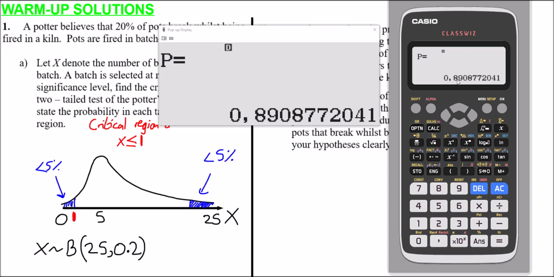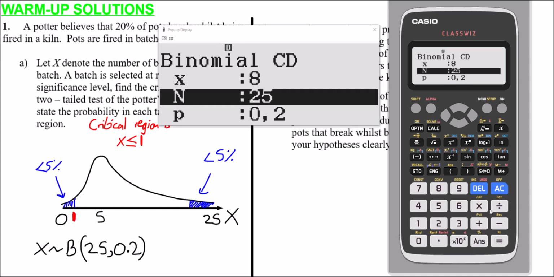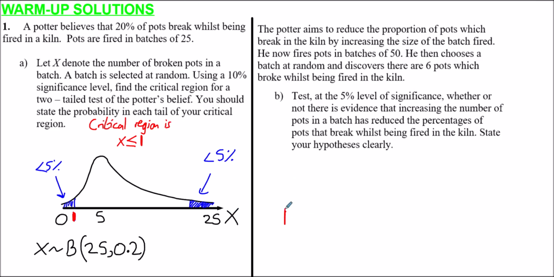7 or less wouldn't have been critical. That's less than 0.95. The first value that exceeds 0.95, in other words, the first value that takes us within this 5% tail, as we can see here, is this one. But this is working out the probability of the observed number of broken pots being 8 or less, which is 0.953. So I'm going to make a note of this down here, because this can be confusing if we're not